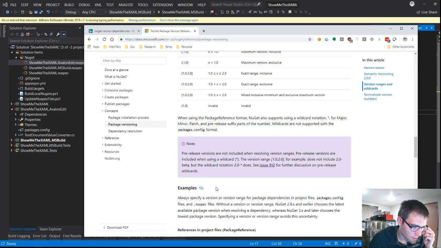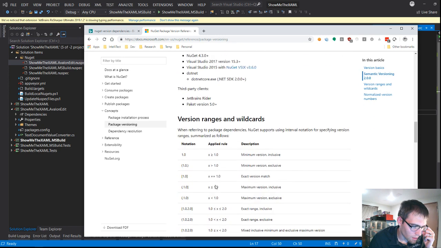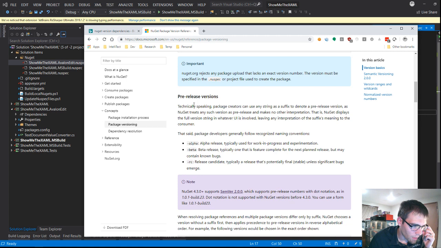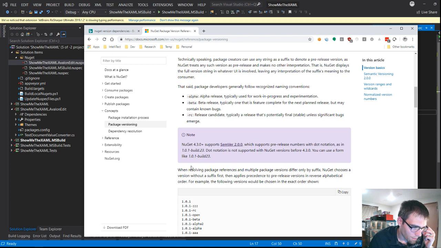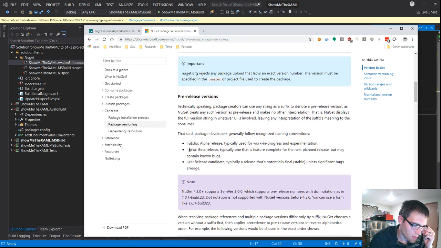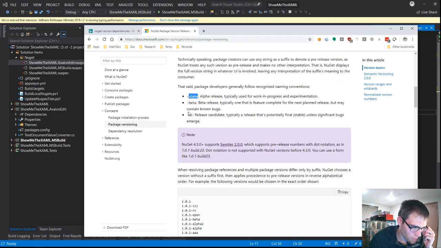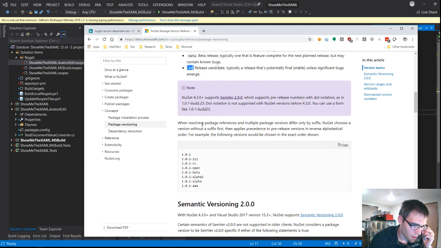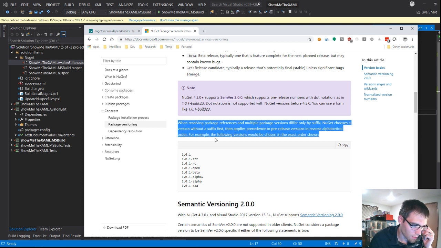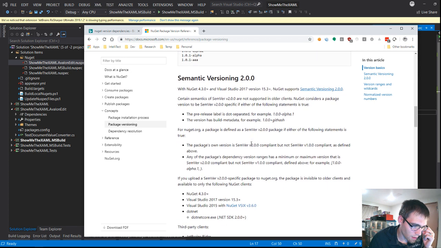Does that make sense? I guess what I'm missing is this preview package. So NuGet displays the full version string, whether alpha or release candidate. I know a lot of packages I do, we use CI because we don't have a concept of alpha, beta, release candidate. So usually it's CI and then full release, or CI release candidate, then release. And then it applies precedence and previous in reverse alphabetical order. So I think